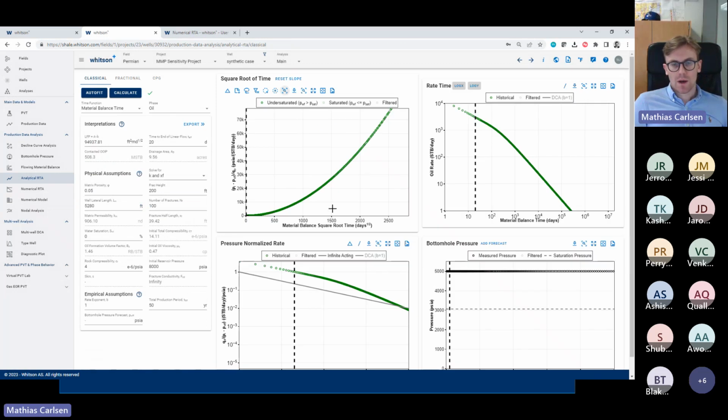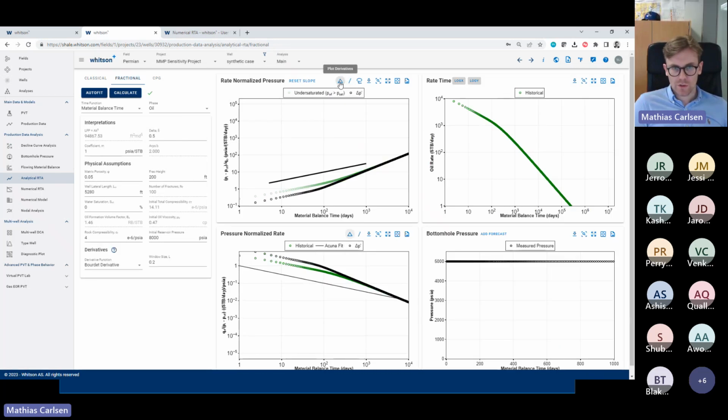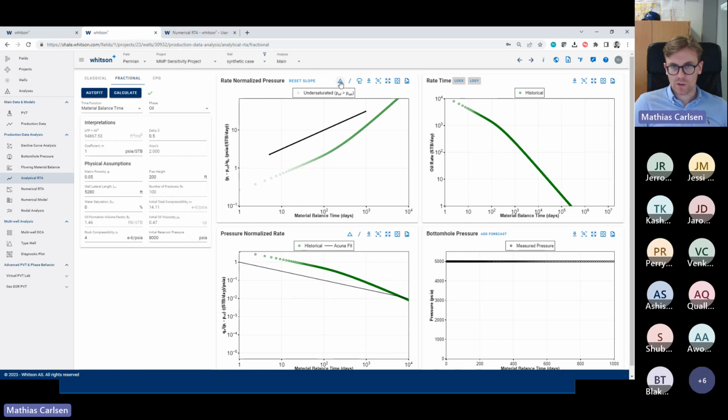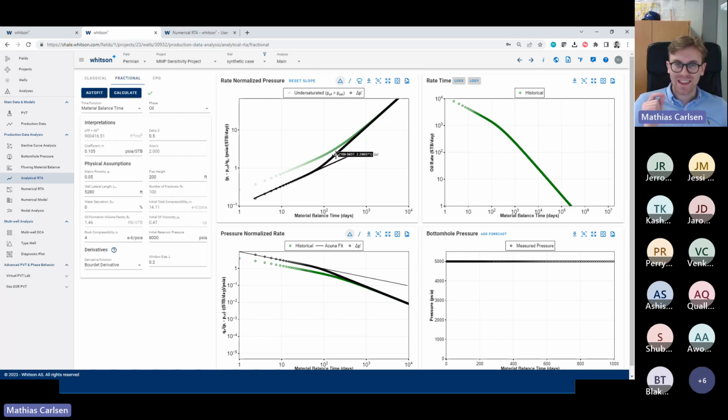different option here in the plot, and maybe it's easier to show it in fractional here. So I can include derivatives here at the top. Basically plotting these derivatives, and then you see you get this additional line right here, which should basically be the same. Half slopes and everything should apply. It's only that you see the